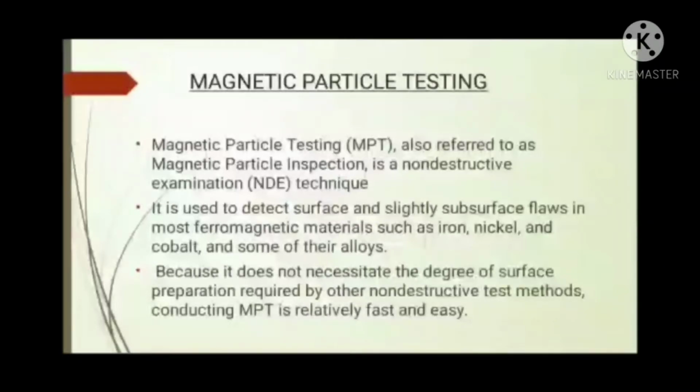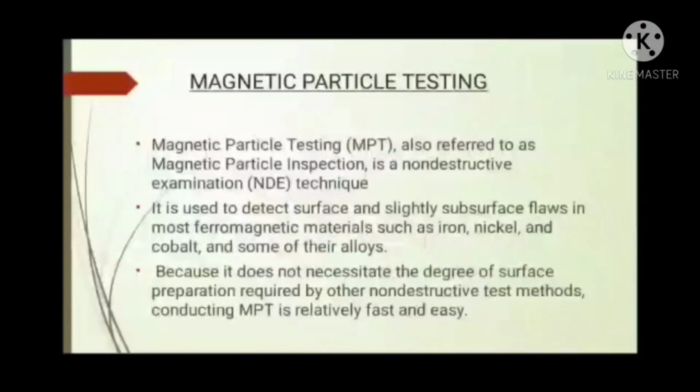The piece can be magnetized by direct or indirect magnetization. Direct magnetization occurs when an electric current is passed through the test object and a magnetic field is formed in the material. Indirect magnetization occurs when no electric current is passed through the test object, but a magnetic field is applied from an outside source.